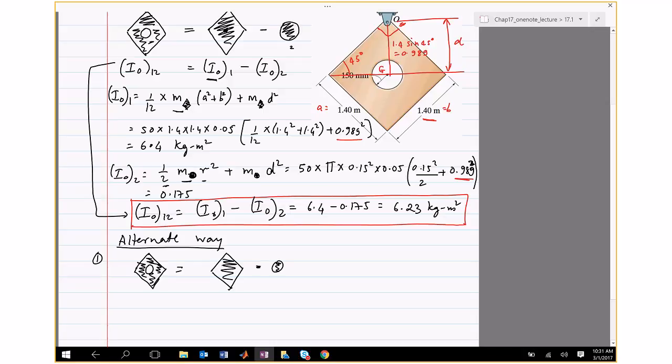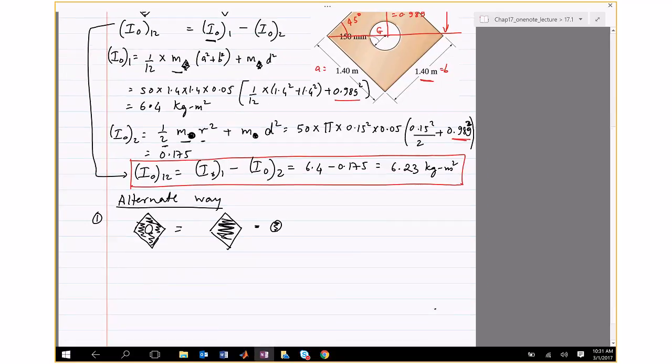What you need to do is find IG12, which is equal to IG1 minus IG2. So I'm trying to find the inertia of the composite body about an axis passing through G first. And once I do that, then